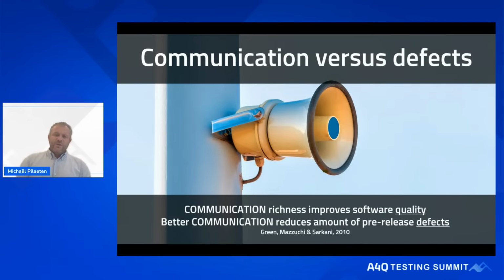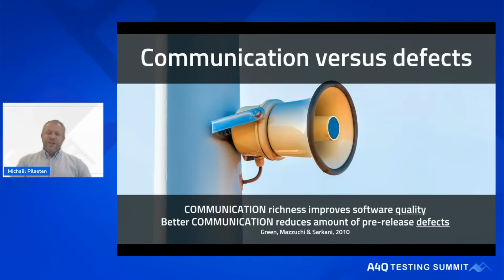It also includes that if you work in a distributed team, distributed over multiple physical locations, you need a higher level of communication intensity to achieve the same level of quality as co-located teams. And that poor communication leads to a higher number of defects. The study also shows that the ideal team size from a communication point of view is 7. Because with 7, you already have 21 communication channels. So a lot of potential communication channels that can go wrong.